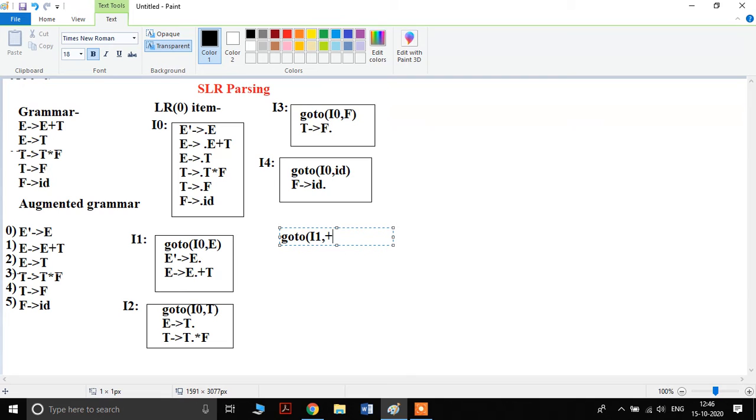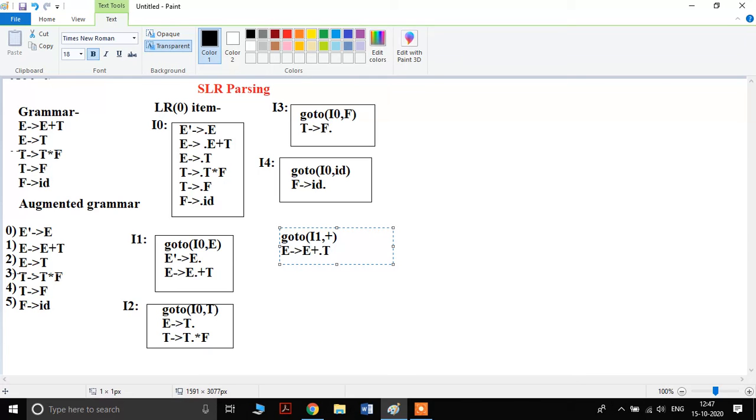What will happen here? The dot moves one position to the right, and if there is a possibility of performing closure of that symbol, then we have to perform closure. Can we perform closure of T?